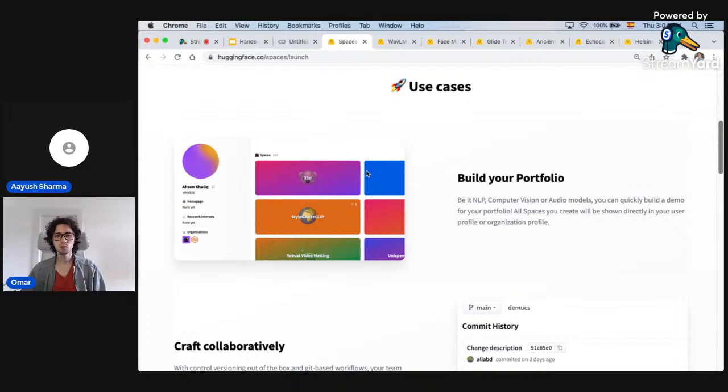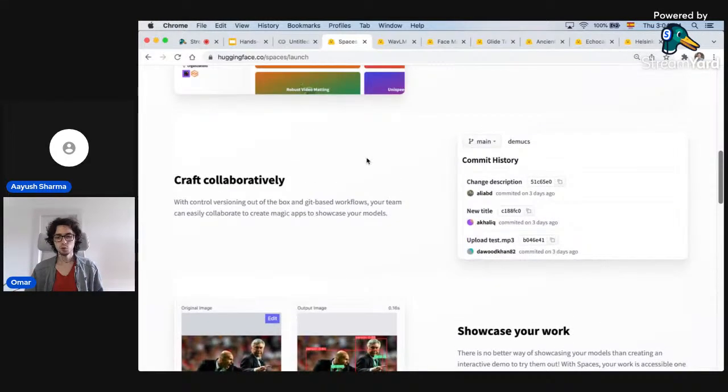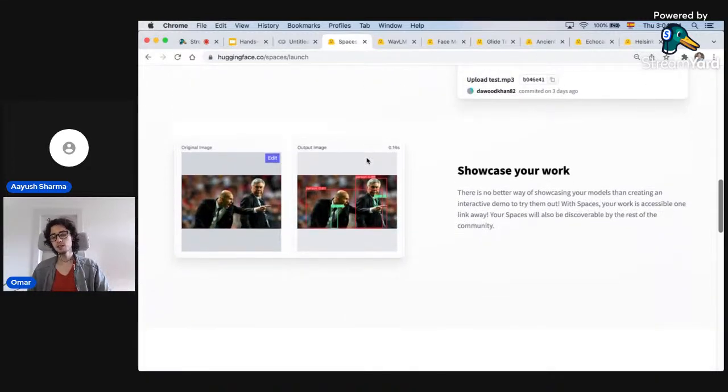And these demos are quite powerful, so you can build your portfolio. And once you start applying to any company, you have a portfolio of ML projects. You can work collaboratively, so you can be in a team creating the same demo. So if this is for a university project or for a company project, you can work together. And finally, it's an easy way to showcase the models in a very quick way. So we've seen many people, students especially, using this as project presentations at the end of the semester.